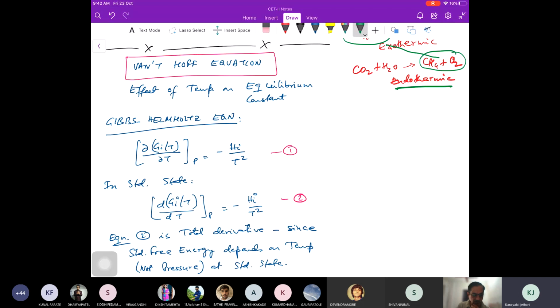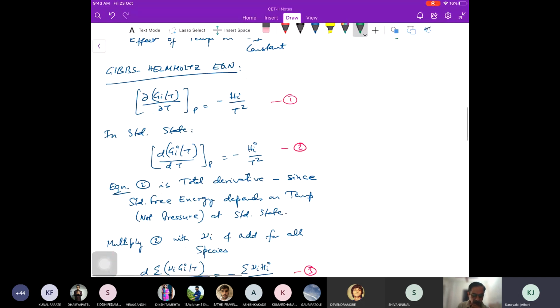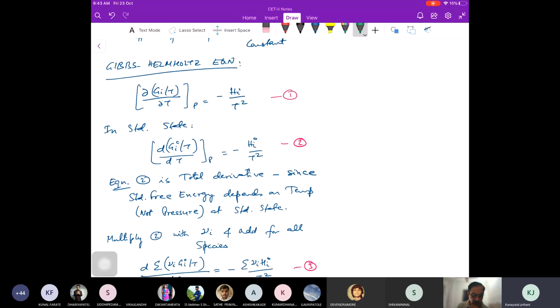So we start with the Gibbs-Helmholtz equation which we had derived before. Dou by dou T of (Gi by T) at constant pressure is equal to minus Hi by T square. And at standard state this becomes d(Gi0 by T)/dT at constant pressure equal to minus Hi0 by T square. Now equation 2 is a total derivative, since free energy depends on temperature, as we have seen, not pressure. You can take a